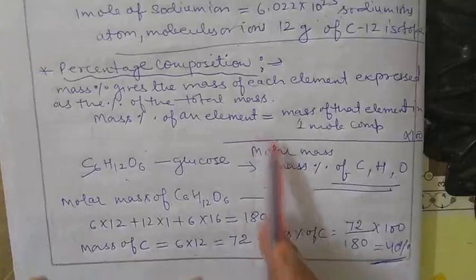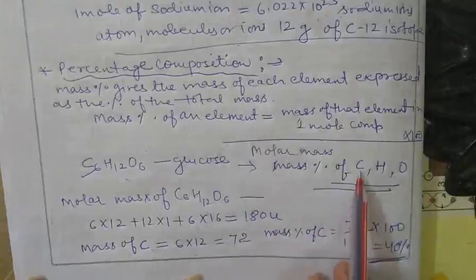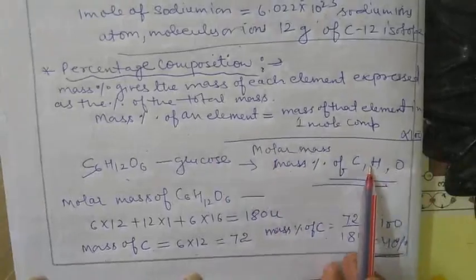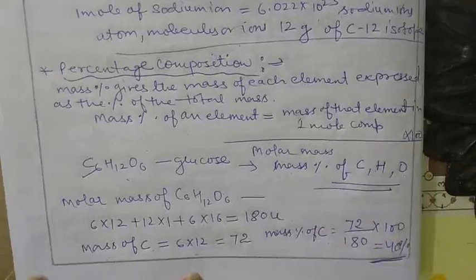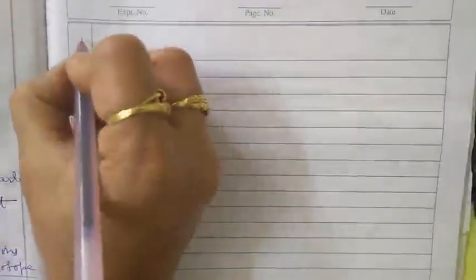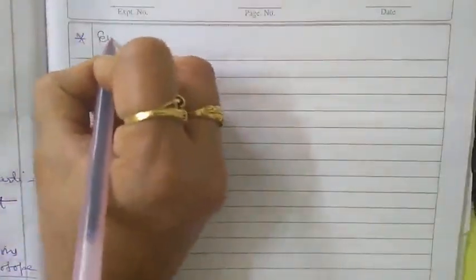So by applying the same formula, we can easily calculate the mass percentage of hydrogen as well as the mass percentage of oxygen. Now the next topic is